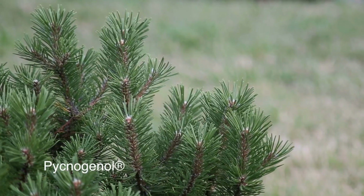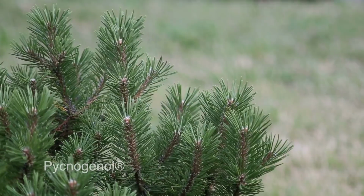Next, we've got a wonder ingredient for skin called pycnogenol. This is an extract from the bark of French pine trees, and it works by binding to the structural proteins in our skin, so the collagen and the elastin, and preventing these from being broken down. So through this, it will help maintain the condition of the skin, reduce the appearance of wrinkles, and keep the